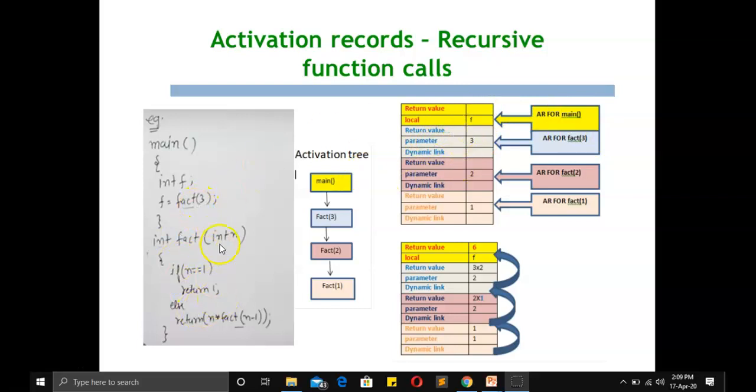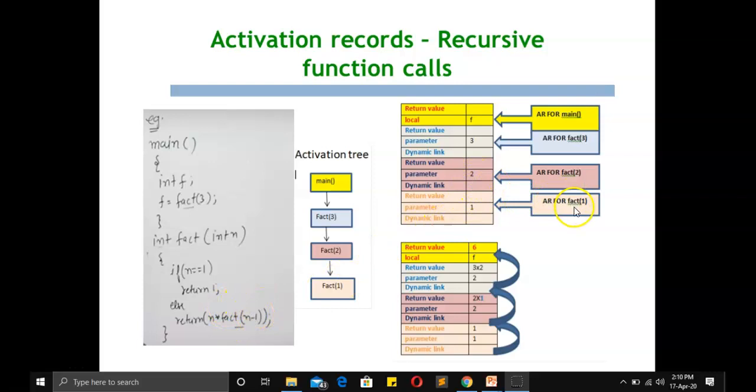Once this is called, if n is equal to 1, return 1. So n is not equal to 1, it is 3. So we are going to have fact of n minus 1, which is fact of 3 minus 1, which is 2. Fact of 2 will be called and the activation record of fact of 2 will be loaded in the stack area. Again, it checks for n equal to 1. N is not equal to 1, it is 2. So we have fact of again n minus 1, which is 2 minus 1.